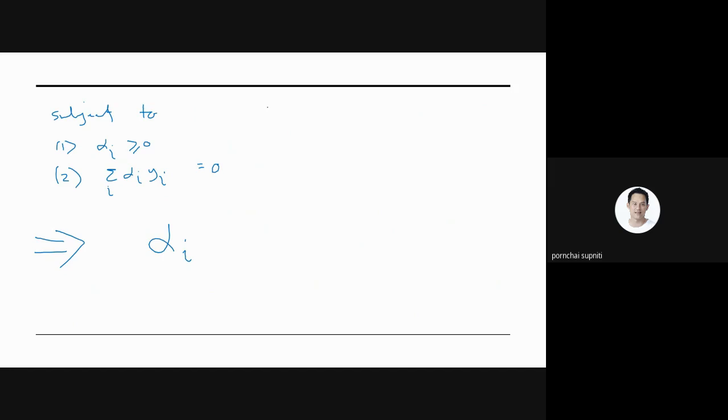and once you get the alpha i, okay, we can find the weight vector as summation of alpha i yi and then the support vectors. For the bias, for each support vector we can get it from yk minus w and then xk. Okay, so this is how we compute it. Okay,